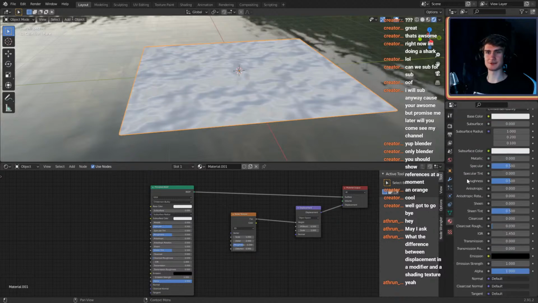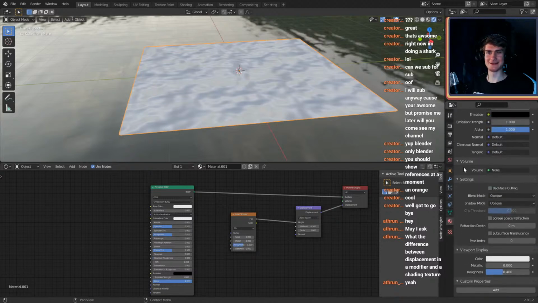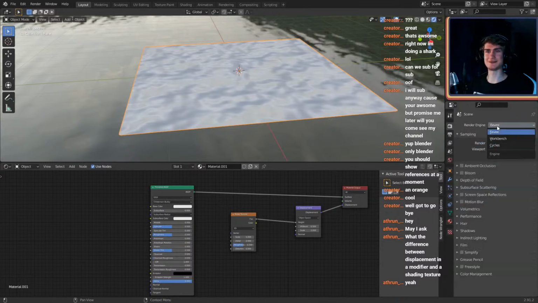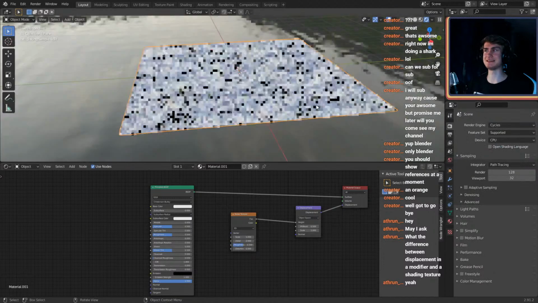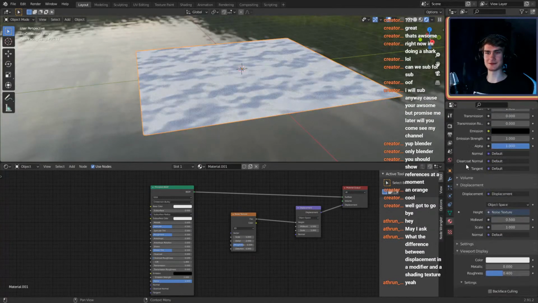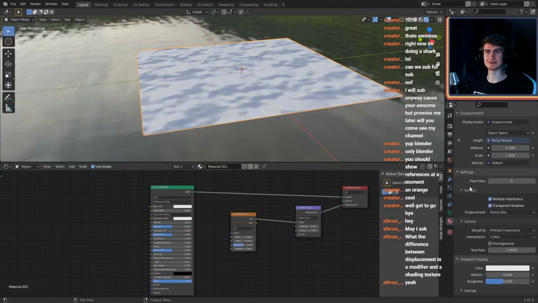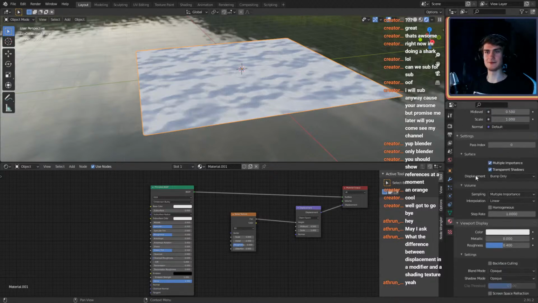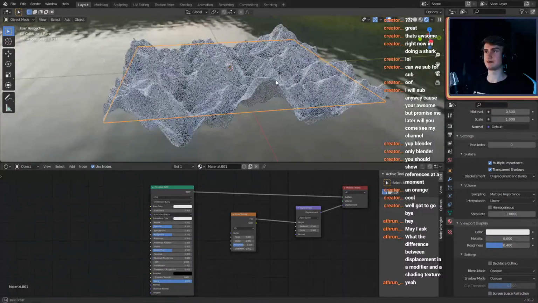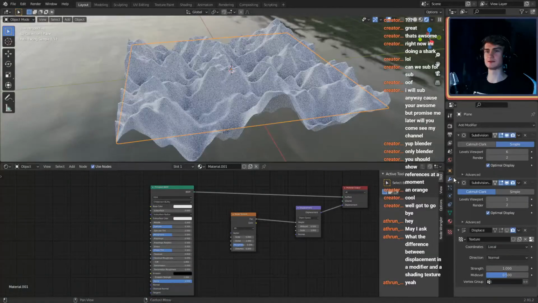It should be in your shader setting, but I don't know why it's not in here. Maybe, oh, I actually switched from Eevee to Cycles because Eevee does not have displacement. So now switch to shader and you have your settings, and there you go, you have your displacement setting. If you switch that from bump only to either displacement only or displacement and bump, you can see it displaces like it would with your displacement